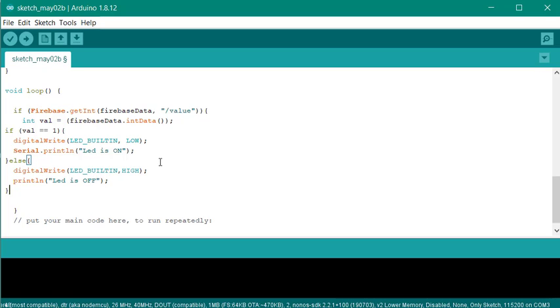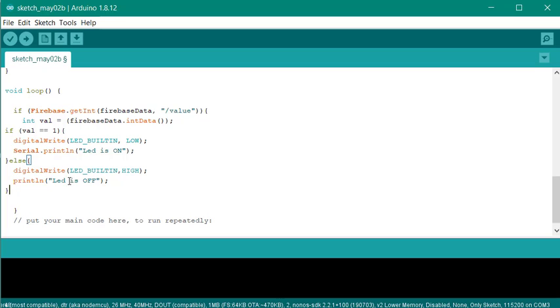You might be confused about that. I'm setting up here low and LED is on, and here high and then LED is off. But in my case I'm using LED built-in, which comes with low as the on state. So we need to set the low condition when we want to turn on our LED. But if you use an additional external LED from your external pins, then you need to set this high, and in the else condition you need to set low.